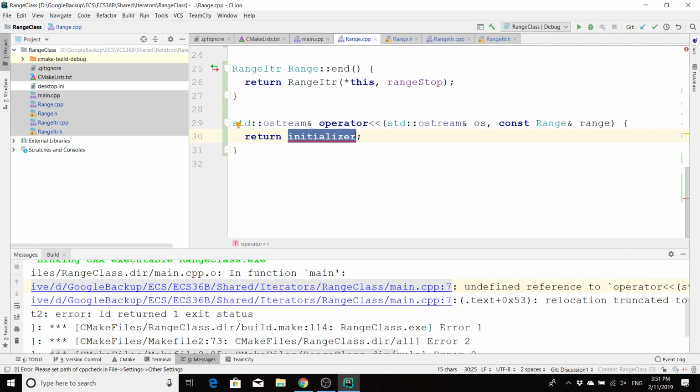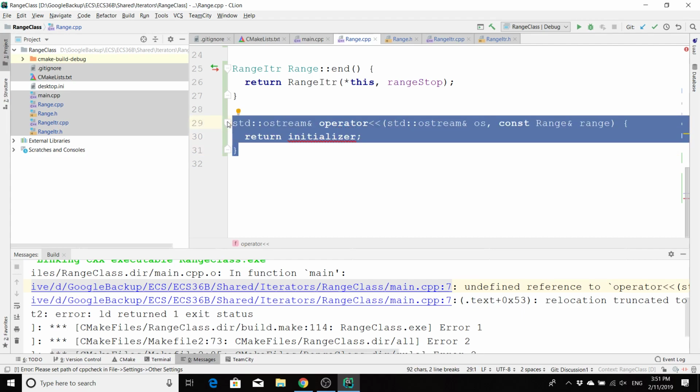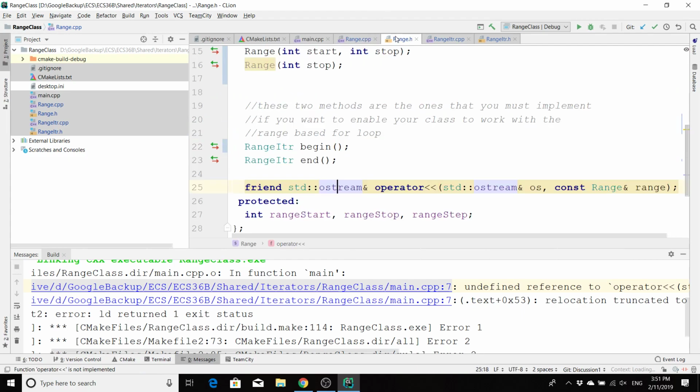So do you think it should print all the numbers in the range, or do you think it should just print out its start, stop, step? Probably like start, stop, step, right? And if we're lazy and we just want that,